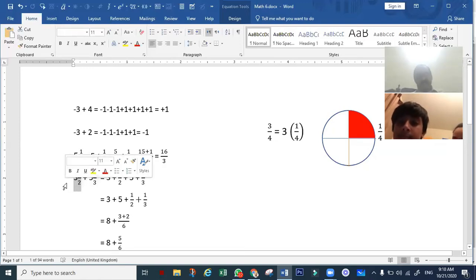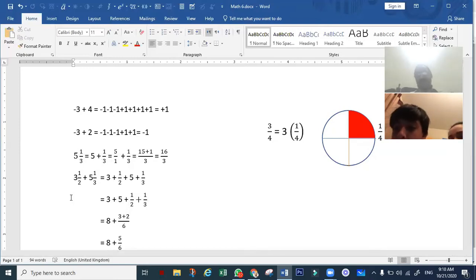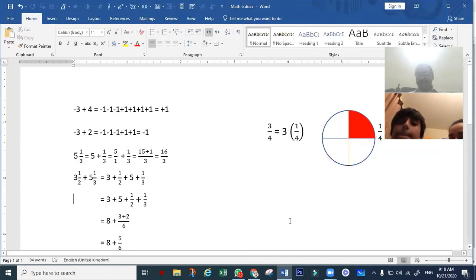It is called 3 whole 1 upon 2. How can we add this? How do you add this? 3 times 2 equals 6, plus 1 equals 7. So 7 over 2. Well done. Oh my goodness, such a good boy. I have told you this method, this is written over there. This is just to clear your concept, okay? The second method is there at the bottom.